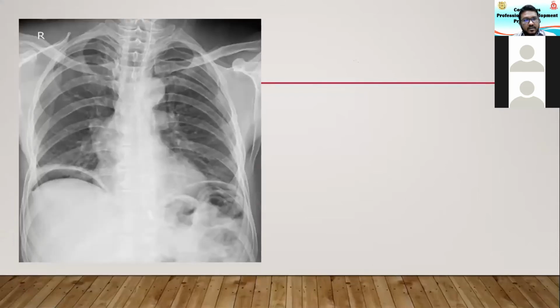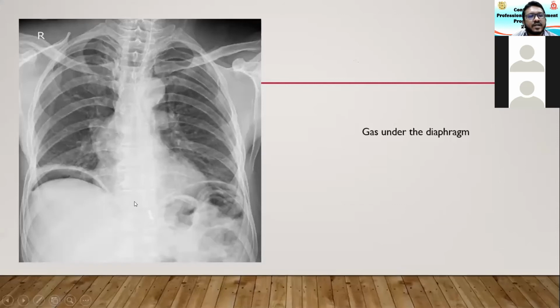Again, chest x-ray is not all about just chest x-ray findings, and if you look at this, the chest x-ray looks fairly normal. There's a bit of rib crowding on the left side, maybe there's something happening there, but if you look under the diaphragm, there is clearly gas under the diaphragm. So when you do a chest x-ray, if it looks normal,